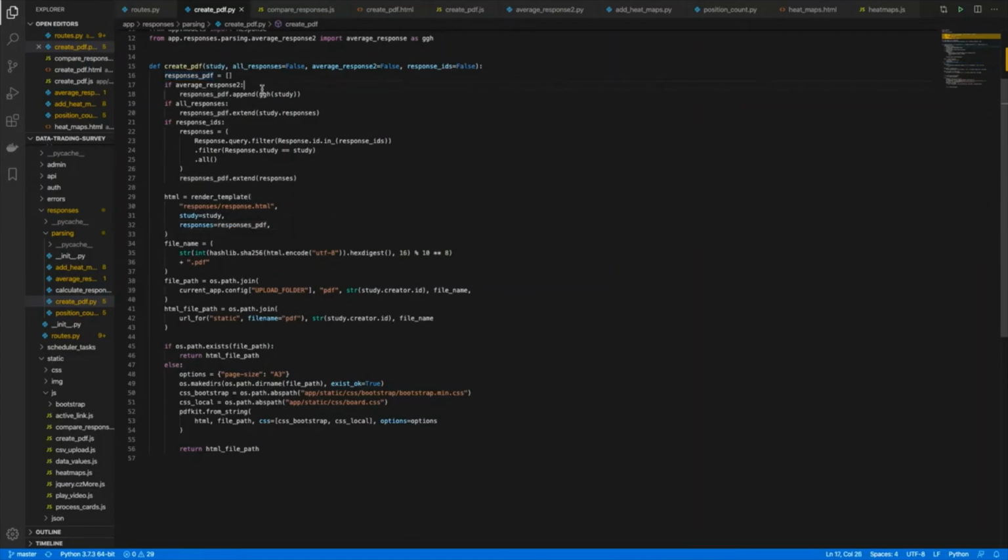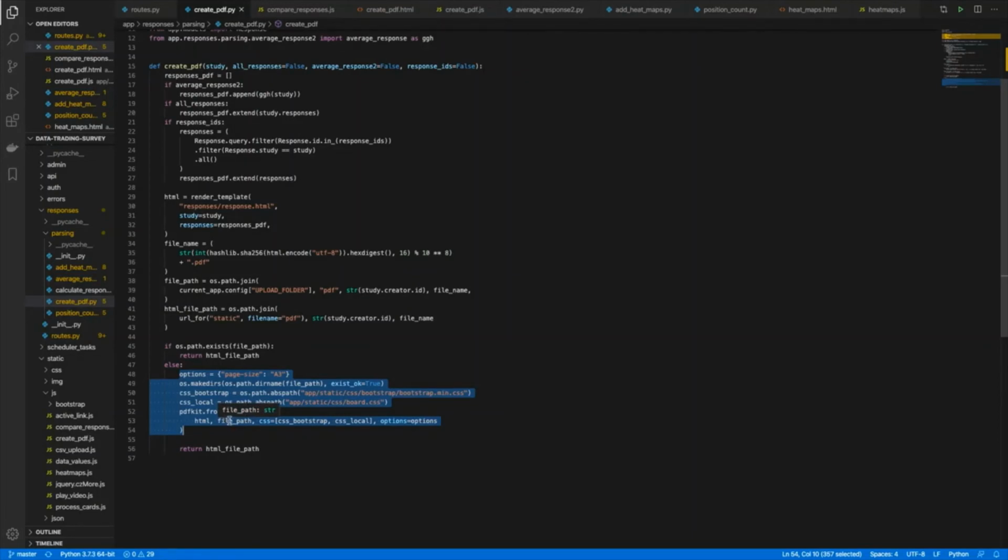The create PDF method within the parsing package then uses the options submitted from the form to generate the HTML of these responses, seen here, using the same HTML component as in the compare responses endpoint. The PDF is then generated down here using the PDFKit package and is stored within the file system.